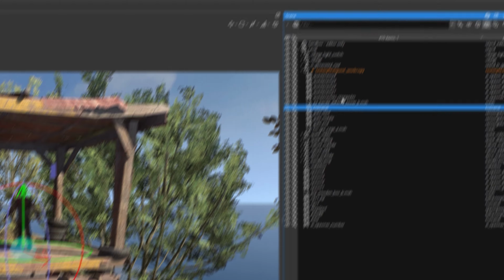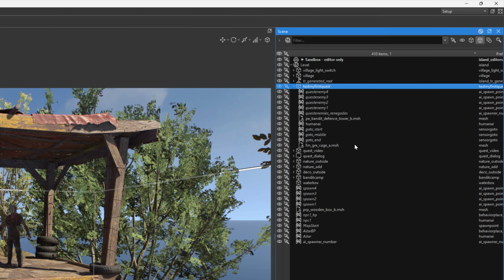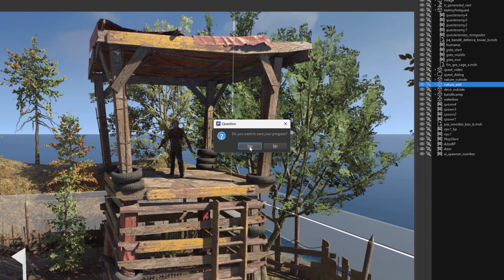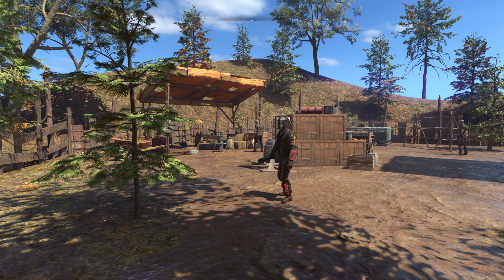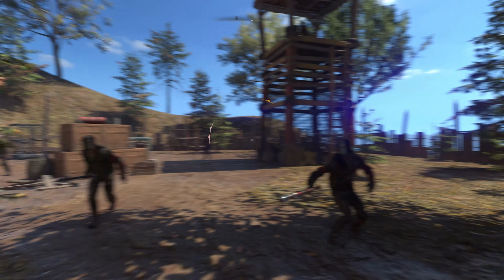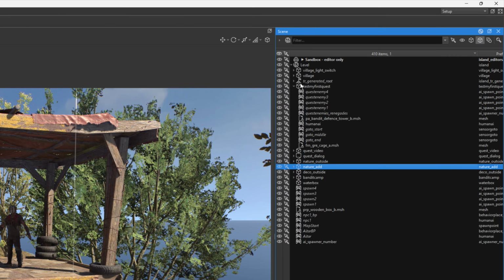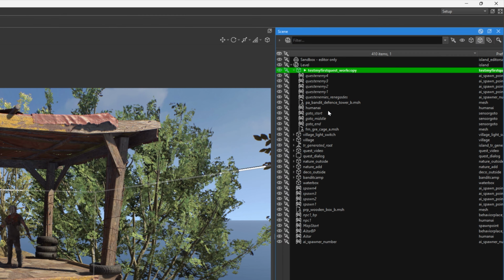Go back to our Scene window, save and reload our prefab so we can check if our enemies are spawning correctly during the game. Click Play, press Yes. Our spawn points seem to be working as intended. Let's return to the editor. We've added the enemies. Next up, we need to add a tool that will track the enemies killed in our next objective. Open and set our prefab or level as a target.